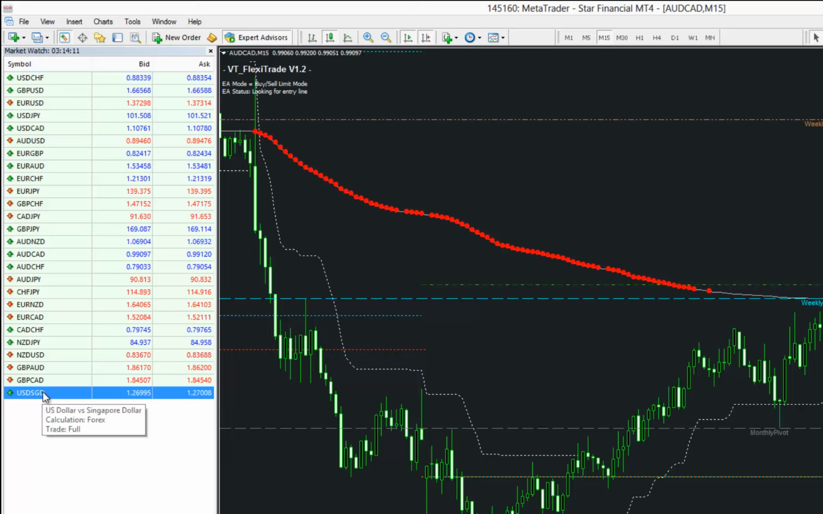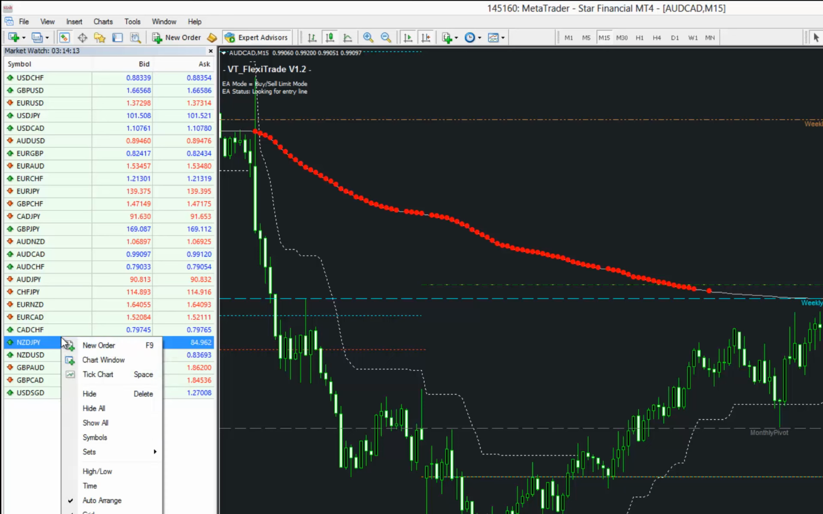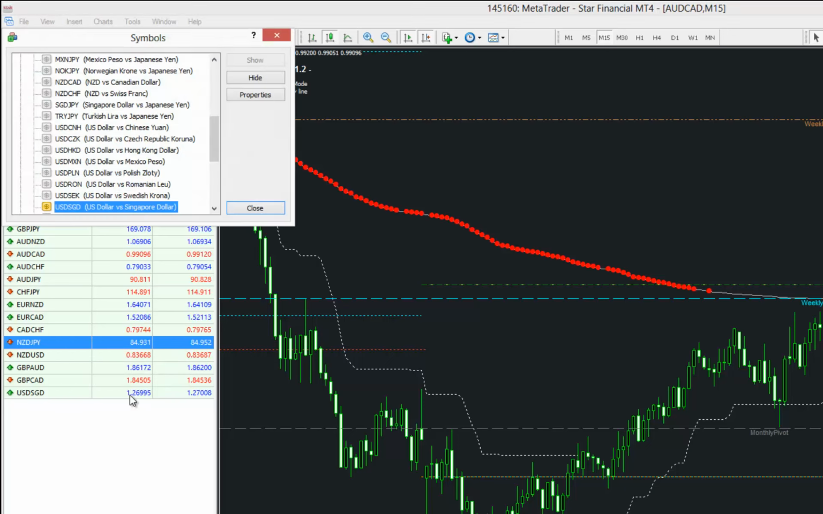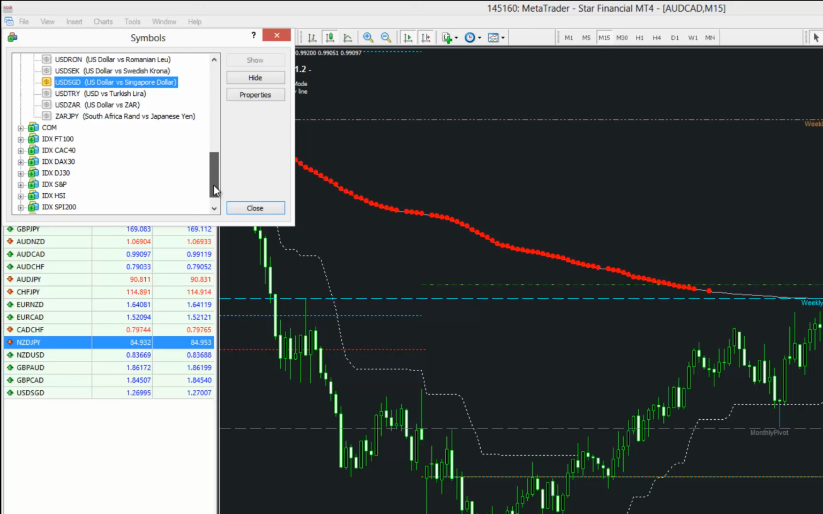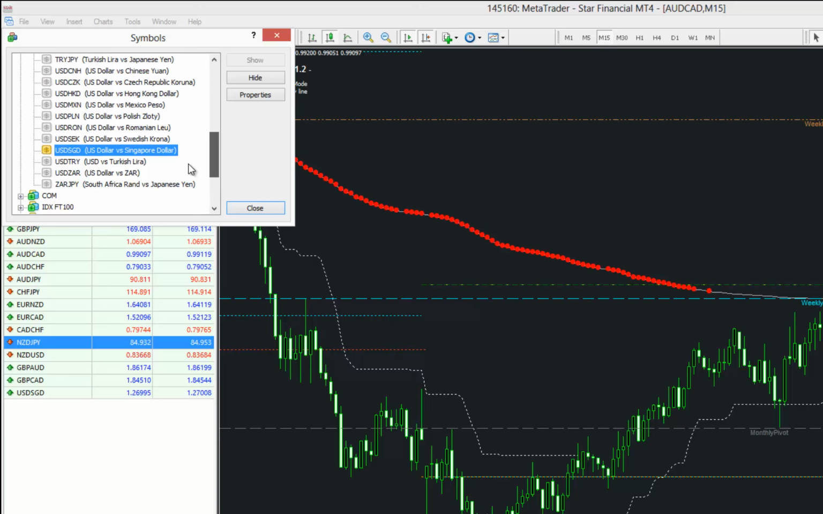Whatever case, if you don't have an exotic pair on your screen, just right click on the MarketWatch and come down to symbols, and you'll be able to choose from this list here. If that list isn't open, just come up to the exotics and you can open up whatever chart that you want. For instance, if I wanted the US dollar Hong Kong dollar, I could just double click and it would appear down in the MarketWatch. I'm going to use the Singapore dollar,